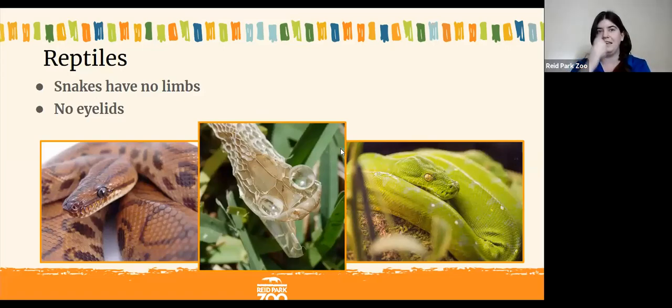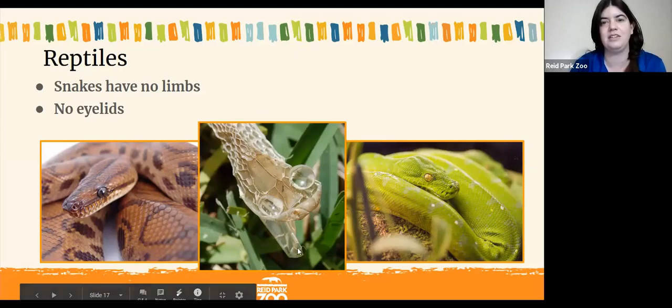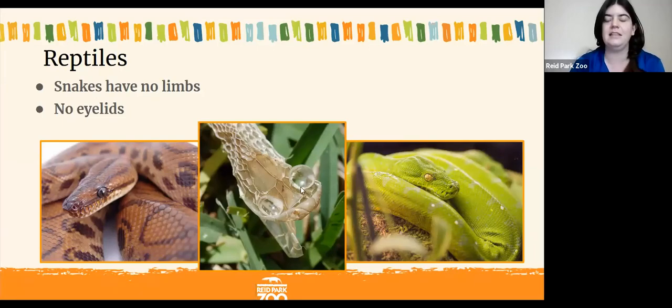Snakes, how we define snakes is snakes don't have any limbs, so snakes will not have arms and legs. And what's cool about snakes is they also don't have eyelids, but snakes actually have special scales. So here you can see the shed skin of a snake. A lot of reptiles need to shed their skin to grow. And so when the snake shed its skin, you can see these very special scales that they use to cover their eyes. So their eyes don't dry out, their eyes are still protected, but they have those special scales that they do instead of eyelids.